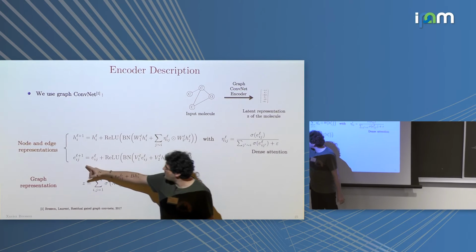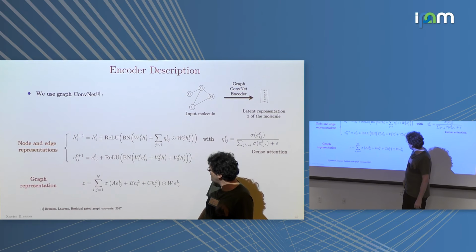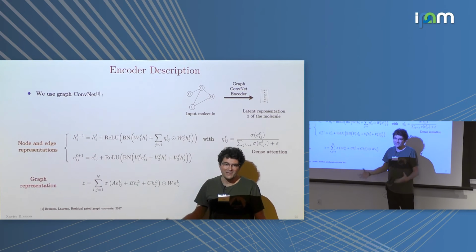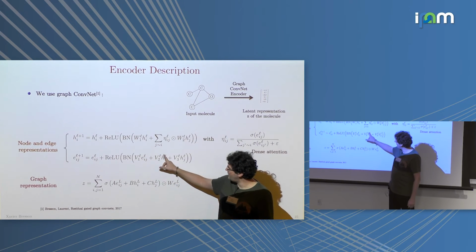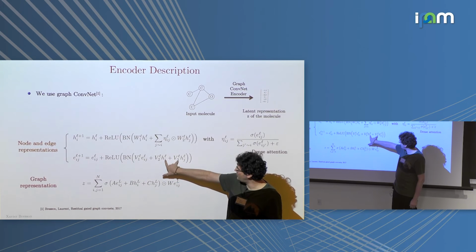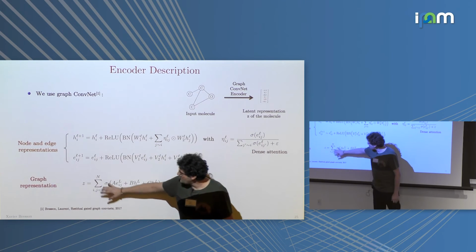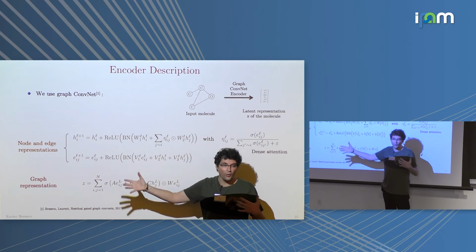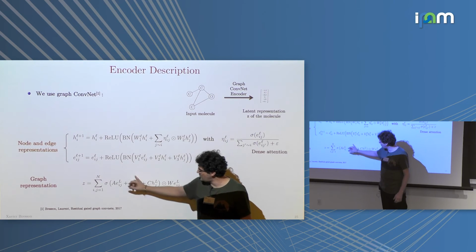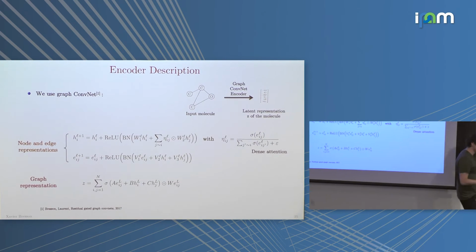And then we also do a bond embedding, a bond representation between the atoms. We don't really know what to put here. Again, it would be nice to have some physics property. So we just put the edge at the previous layer, and also the atom embeddings from the starting node and the ending node of the edge. Then at the end we have the graph representation. We just do a weighted sum over all the bond representations, and we get the continuous representation of the molecule.